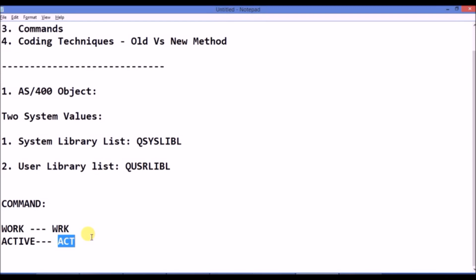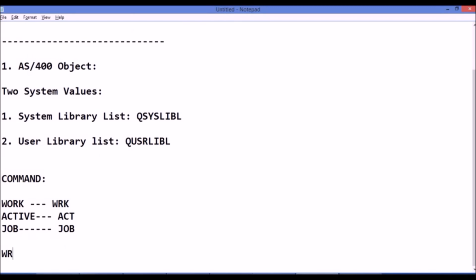Now if we combine these 3-letter words from the main verbs, and combine this with another word, job, we will get WRKACTJOB. And this is a very useful and important command that you're going to encounter very frequently while working on this platform.